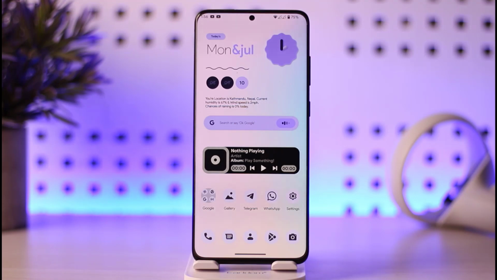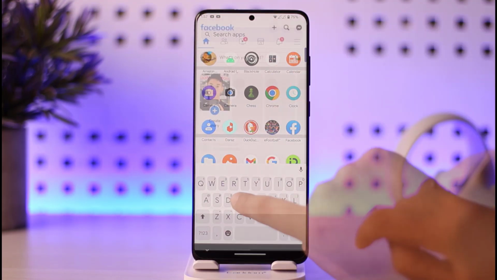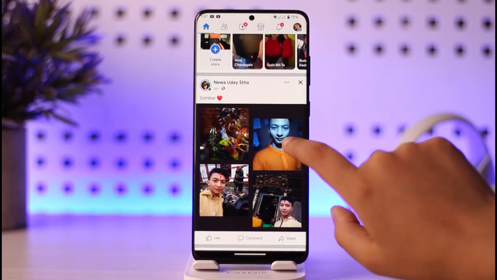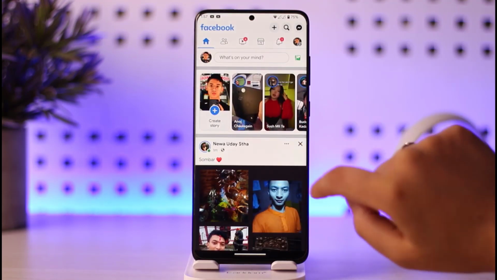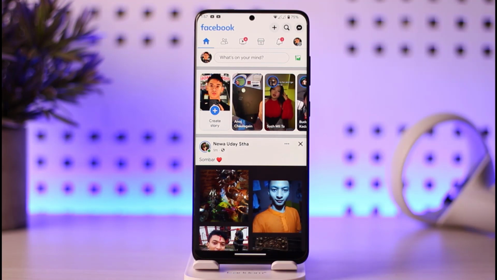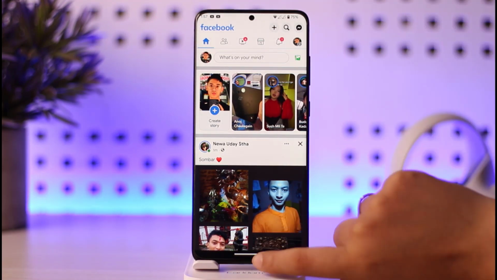We'll simply go ahead and step into our video. So for that purpose, let's open our Facebook first. Right now, if you open our Facebook, we will see the current font size, right? If you want this font size to get bigger or get smaller, for that purpose, let's go